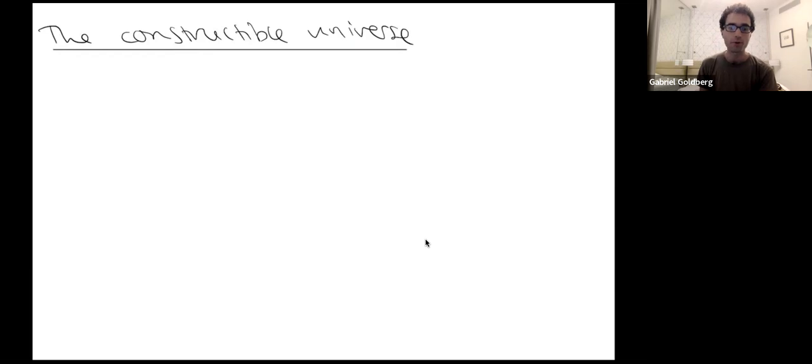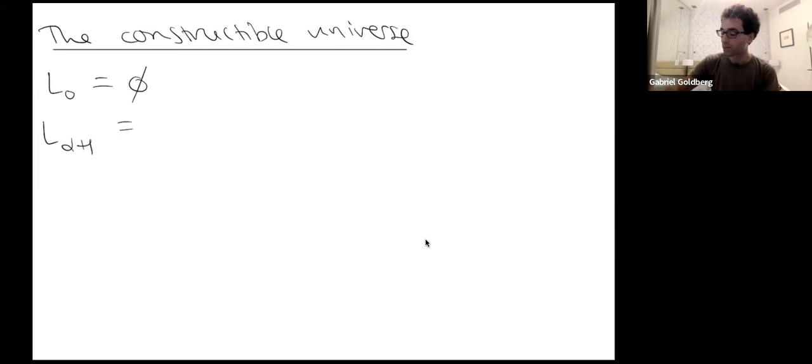So another approach to solving the continuum hypothesis is to step back and consider structures that are less complicated than the full universe of sets. One of these structures, the simplest, is the constructible universe. This is defined by, instead of iterating the power set operation in the definition of the cumulative hierarchy, you iterate a restricted version of the power set operation. So you let L alpha plus 1 be defined by recursion to be the set of